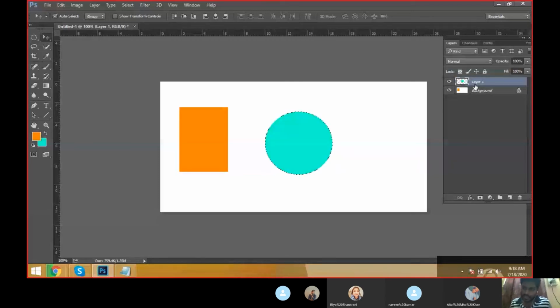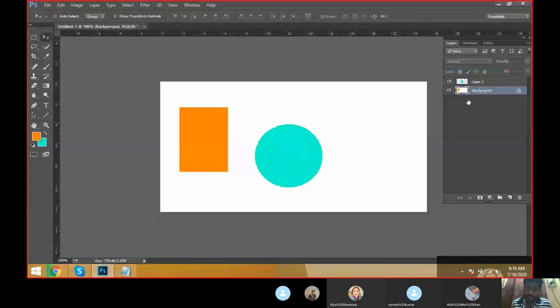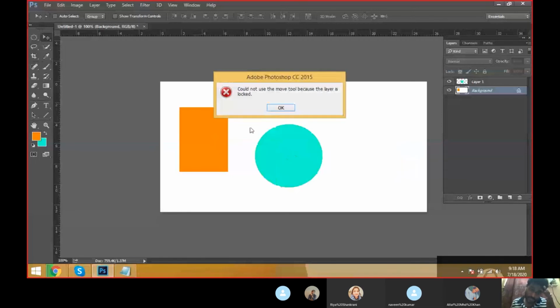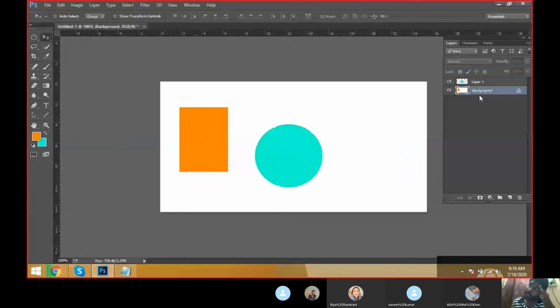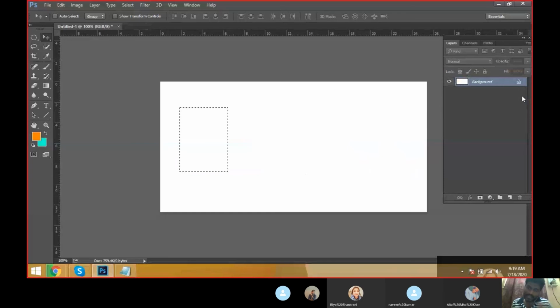Now deselect the selection. This object is in one layer and this object is in another layer. Just take the move tool and move it. Yes, it is moving. Nice. And what about this one? Is it moving? No. Why? It is in the background layer and the layer is locked. That's why, come backward again. Control Alt Z, Control Alt Z, Control Alt Z. Yes, it comes step backward, and take a new layer.